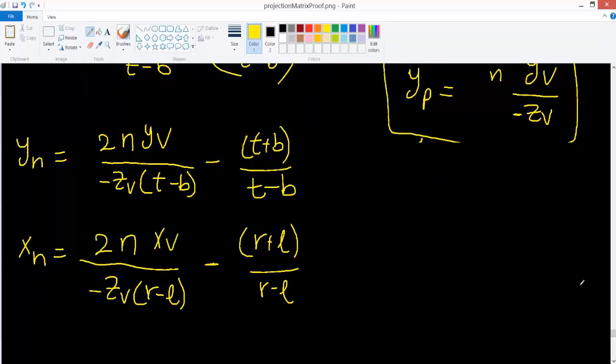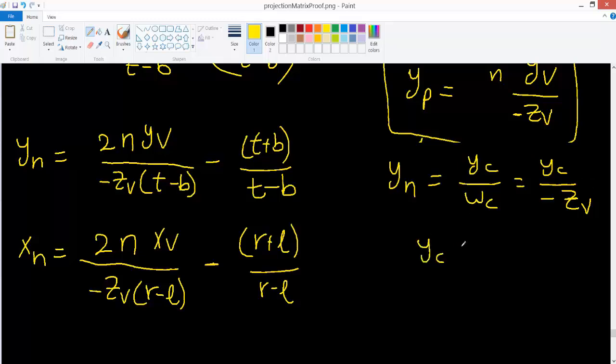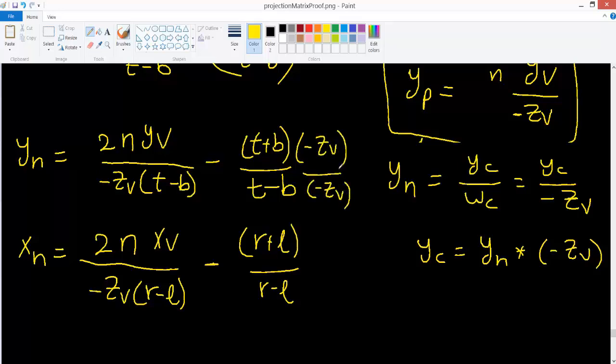Okay. Now, what is the relation between yn and yc? We know that yn actually equals yc over wc, which is equal to yc over negative zv. So we can see that yc actually equals yn multiplied by negative zv. From here, we wish to get yc in order to complete our matrix. So we can do something like this, negative zv over negative zv. We have not changed anything, but we now can say that